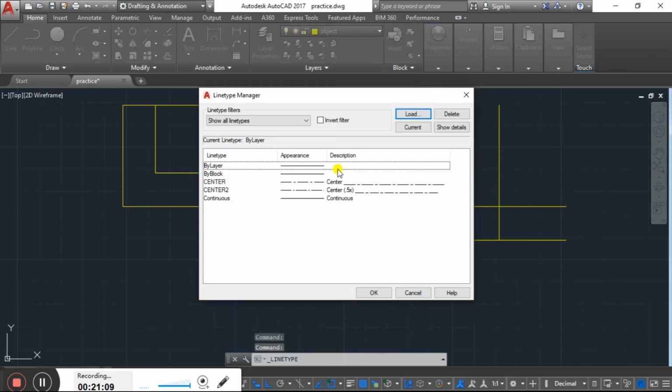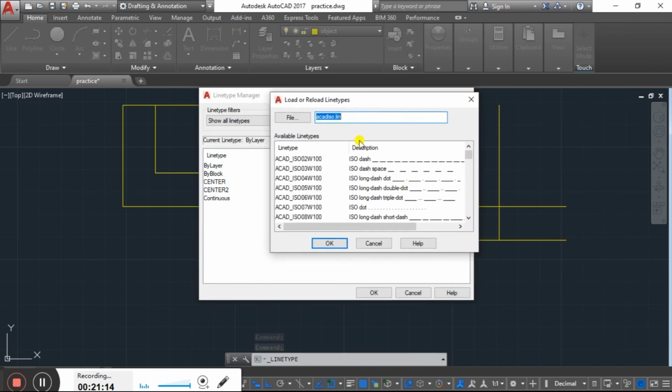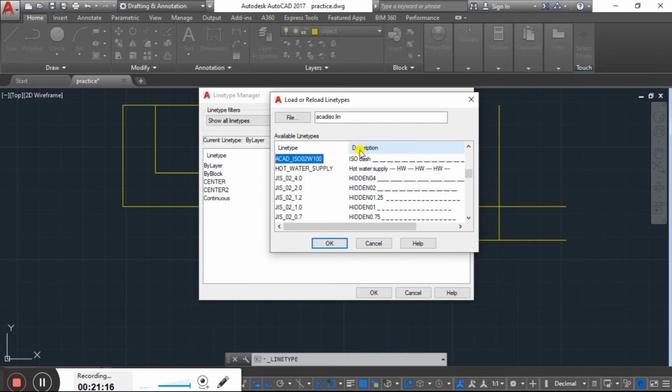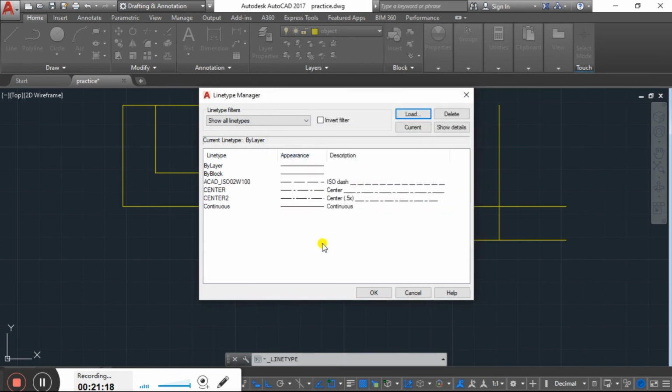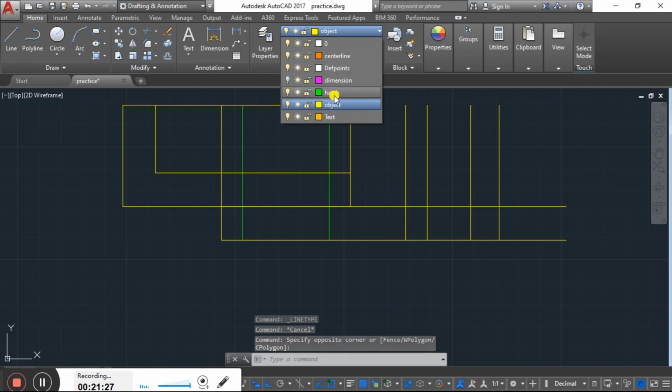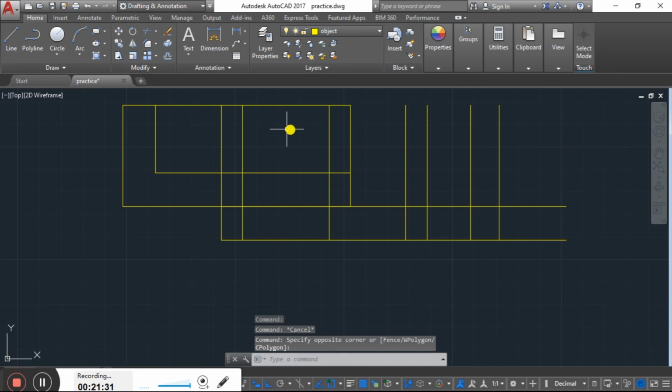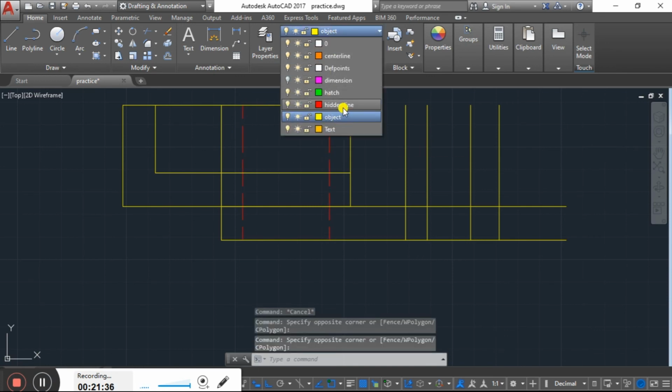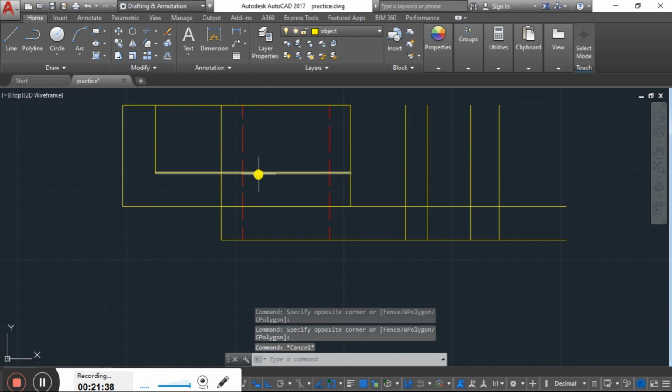Here the dashed line is not loaded, so load the dashed line, press OK, select it, OK, or just go here. Now select this one and go to hidden line. Now this view is created as a hidden line view.